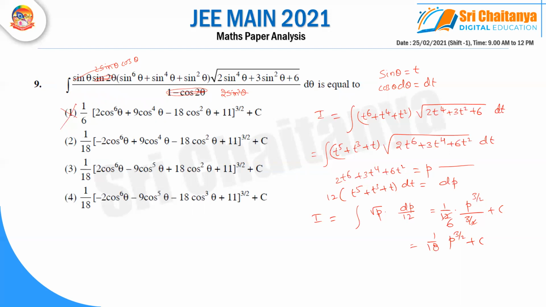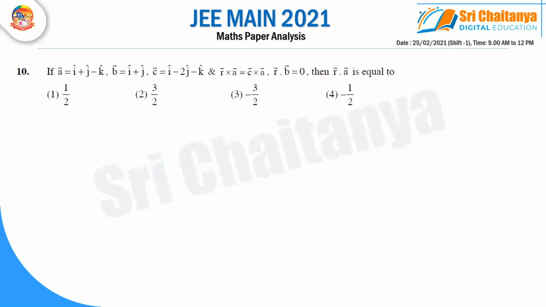If you want much better calculation, you can do one thing. You should get, for example, if I'm substituting theta, I'm getting the answer as 1 by 18 into 2 sine power 4 theta plus 3 sine square theta plus 6 whole to the power of 3 by 2 plus c. This was my answer. So if I'm putting theta equal to 0, the internal term is becoming 6 power 3 by 2. Just check the options in which it is becoming and you will get the answer.